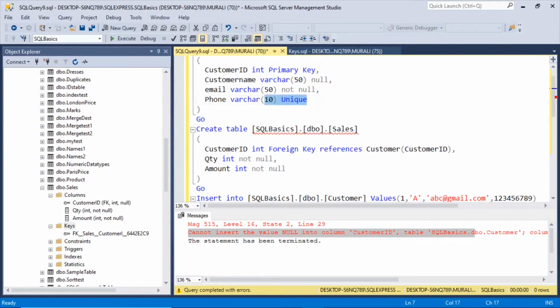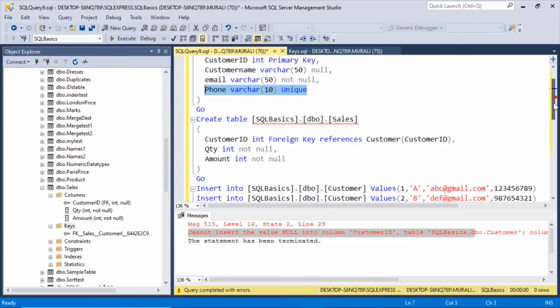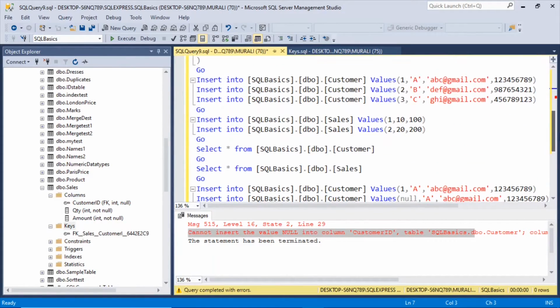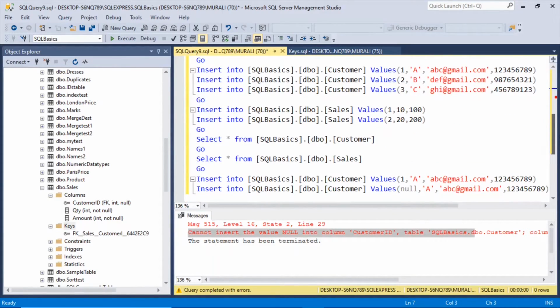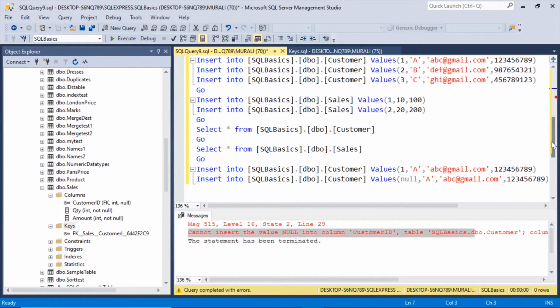Here phone is unique. That means it can take only one null value and it should be unique. So here we'll enter this record for the last phone number.